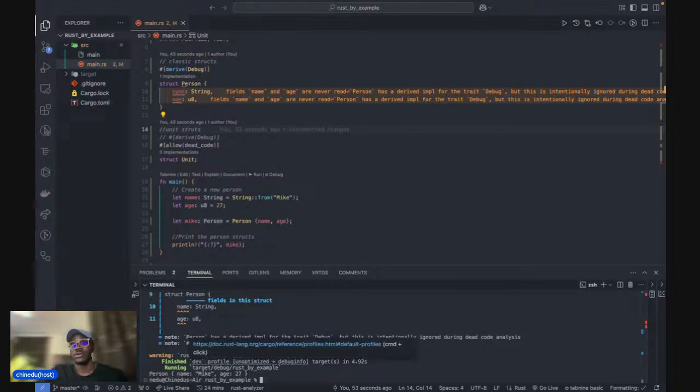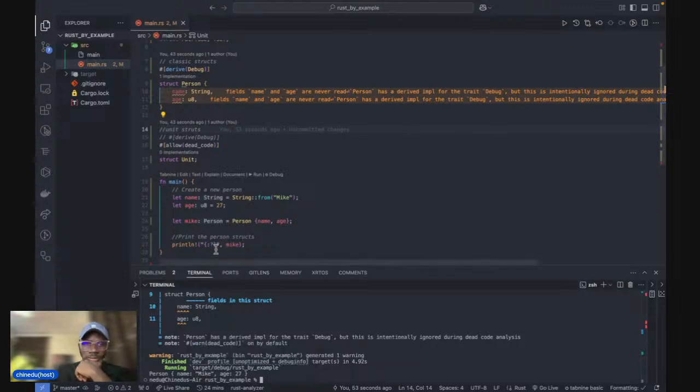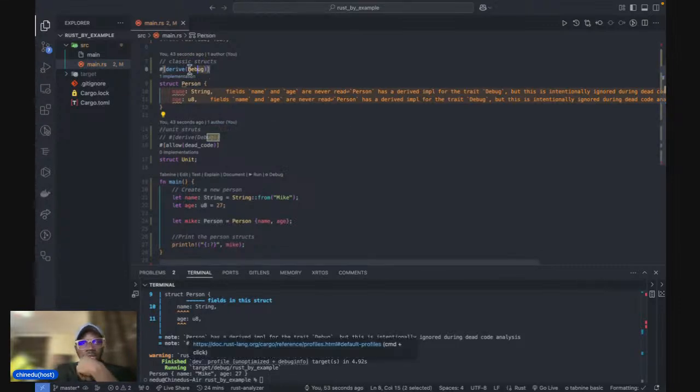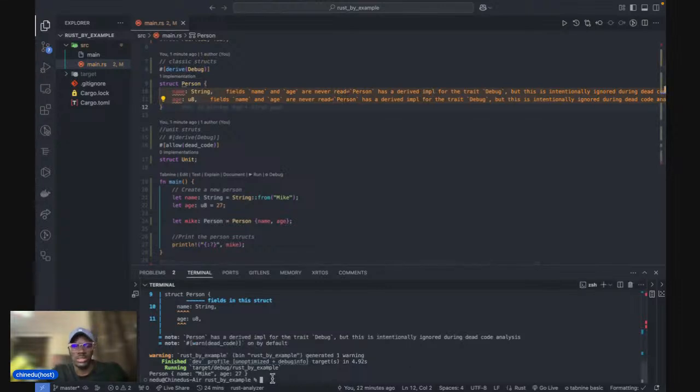So basically, what we did here, we used the debug formatter to print the values of the struct to the console. We're able to do that because we added this derive Debug, and the derive Debug enables us to print the struct to our terminal. So I'll clear that